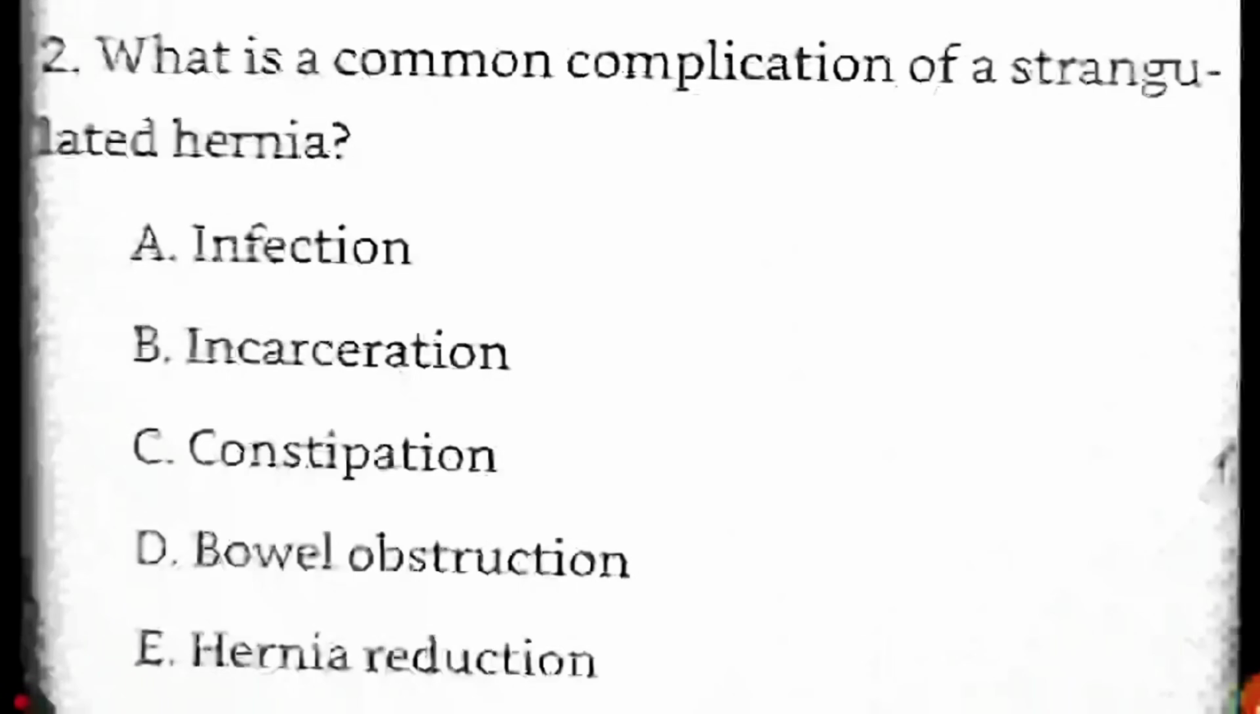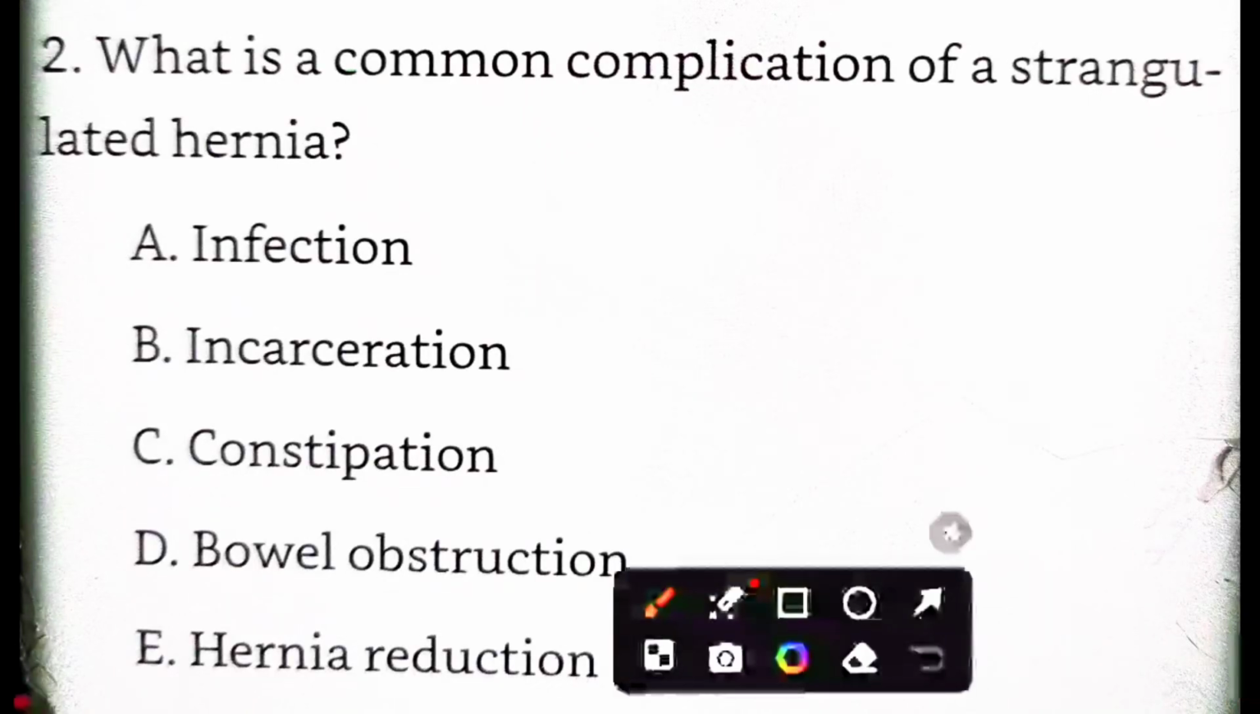In incarceration, there is obstruction of bowel and there is no ischemia or gangrene. But in strangulation, there is obstruction and it causes ischemia to the bowel and causes gangrene and perforation. So the best answer here is bowel obstruction is an early sign, gangrene and necrosis is a late sign of complication